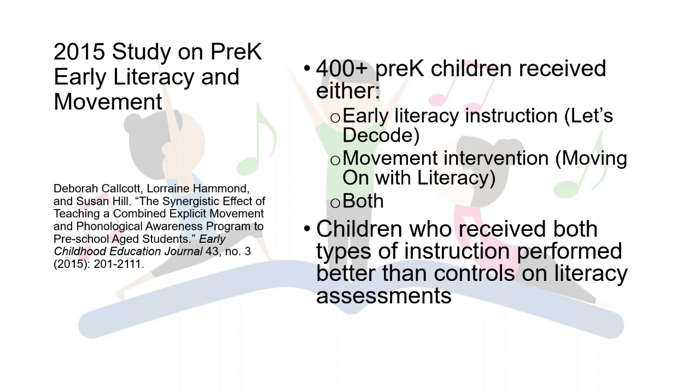Nevertheless, research has established a link between specific precursor motor skills and early literacy development. This study investigated the synergistic effect of practicing specific movements through daily actions and songs alongside the explicit teaching of phonological awareness and phonics in 400 preschool children. Results indicate that students who received the